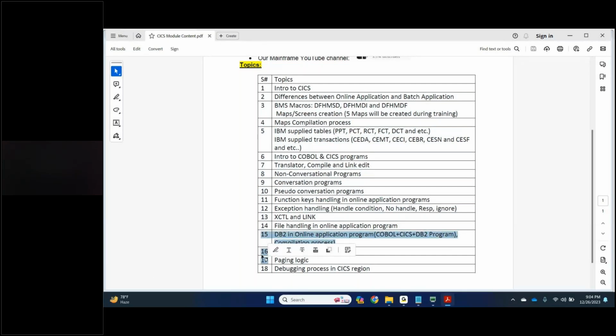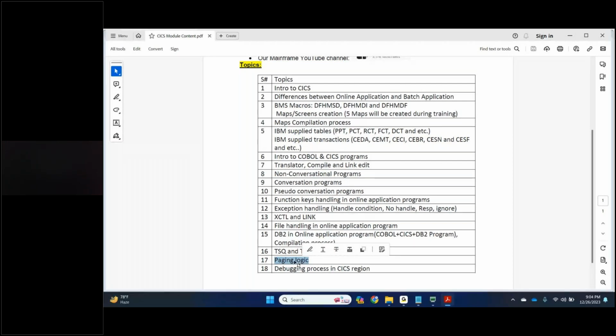Basically, 17 is not a concept, it is a logic. If you are comfortable with 1 to 13 or 14, you should do it yourself. That is the 17th topic, requirement, assignment, problem statement.